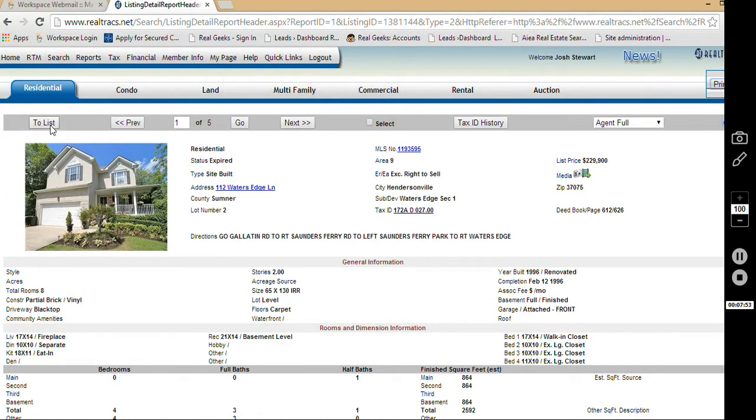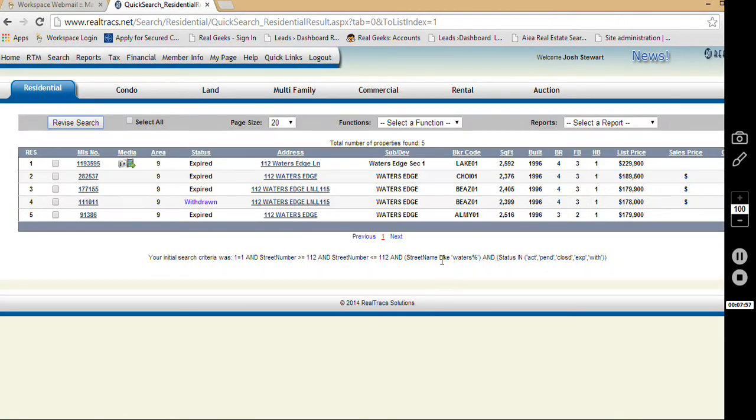So let's go back. If you hit to list, this will take you back. And so if you go to list, you can see here, if we ever ask you to print that whole report, go ahead and click select all, so that we have all of these selected. So you can deselect these as well. Let's say you want to narrow the search. Let's just try an example. You deselect those, leave the ones that you want to keep selected, and then you go to functions,